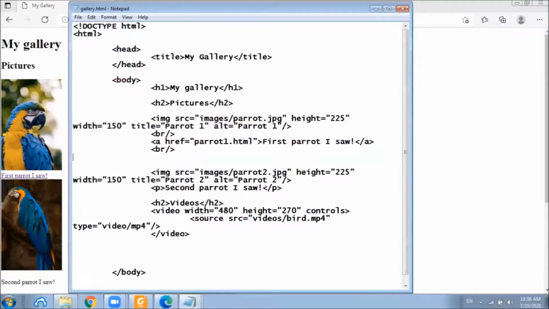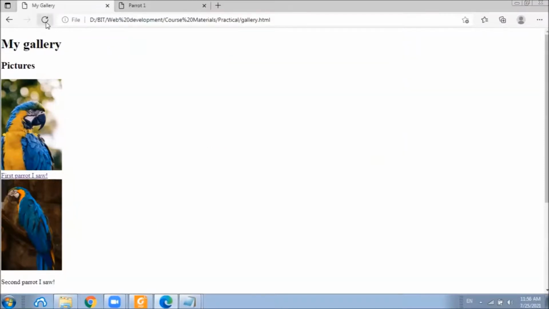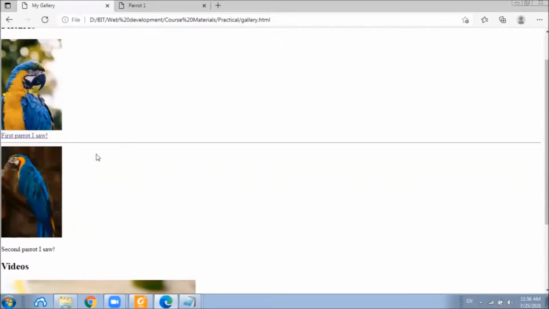Here, we can introduce this horizontal rule HTML tag. Right. Now these sections are separated and it's easy for the user to distinguish between two sections.